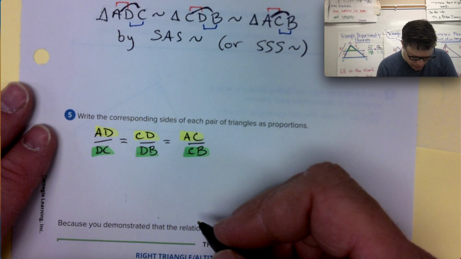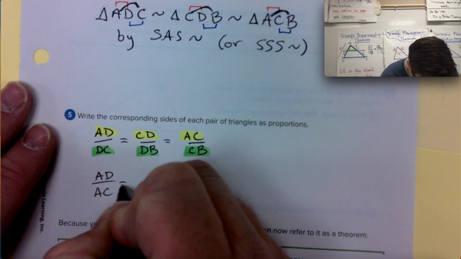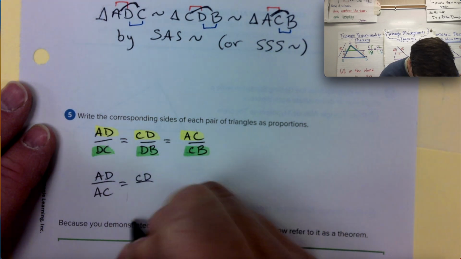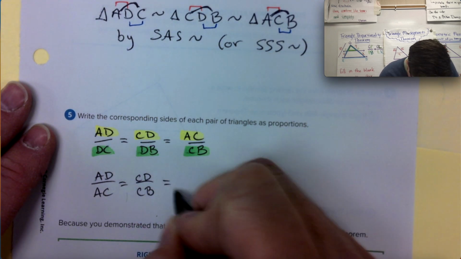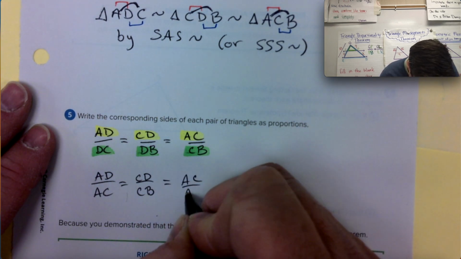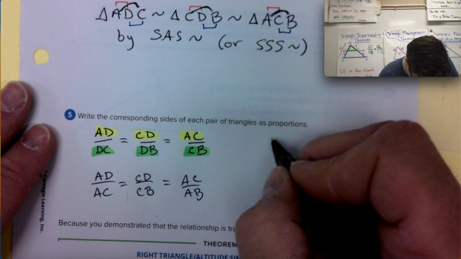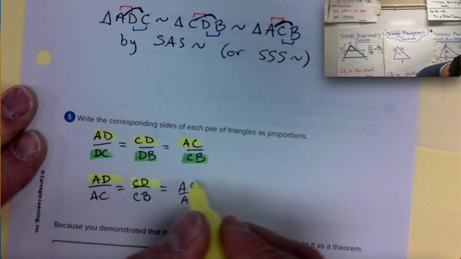Okay, yellow to orange. AD to AC. CD to CB, and AC to AB. And then last of all, this is yellow, yellow, yellow